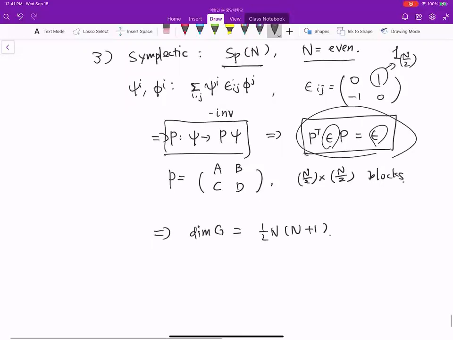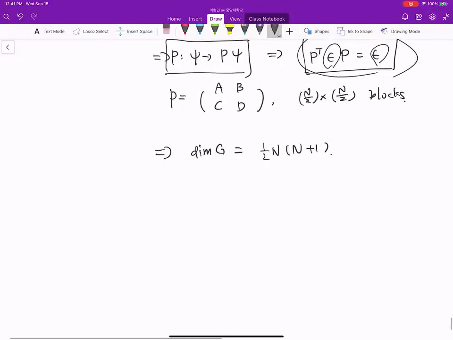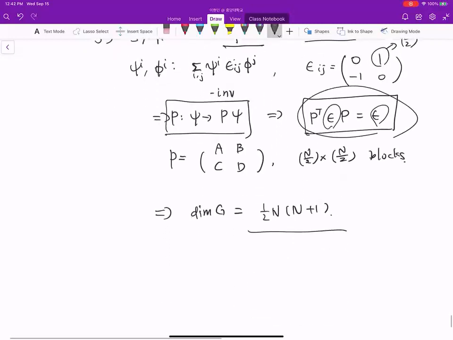Maybe you can look up some textbook, or even Google. You can find the Wikipedia page about this symplectic group, and try to count the number of generators in this case. Then lastly, before concluding today's lecture,